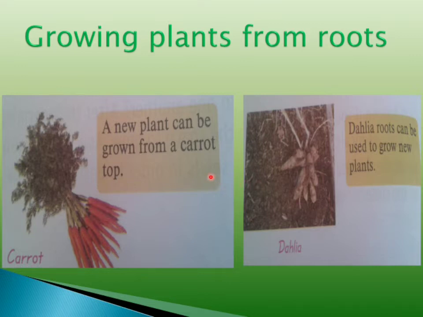Okay, so food is stored in the roots of carrot, radish, turnip, beetroot and dahlia. So new plants can grow from these roots. Look at this example. A new plant can be grown from a carrot top. See, carrot is down. So from a carrot top,